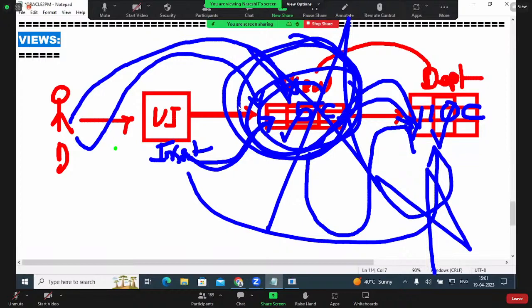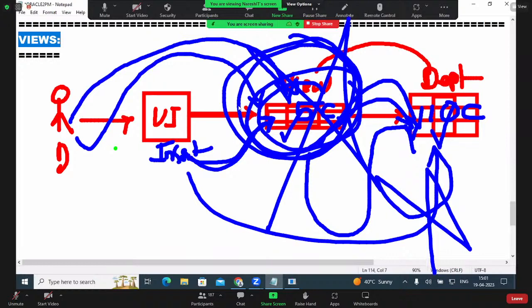Understand the concept? So the developer inserted, updated, deleted, selected. Where are these operations performed? View table or original table? Original table. But my feeling is that the view is a table for me. I'm thinking like that. I'm inserting data into the view only, updating the view only, deleting the view only, selecting the view only. But actually these things are happening on